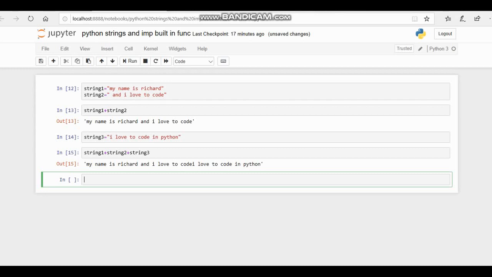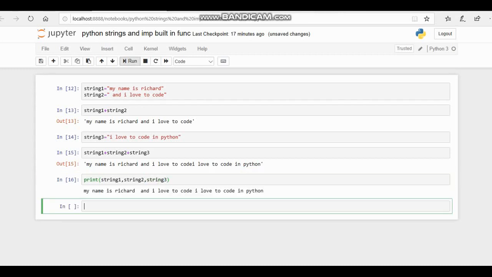Let me show another thing. We can print the three strings so that the spaces will be added automatically. See, the space is added here.